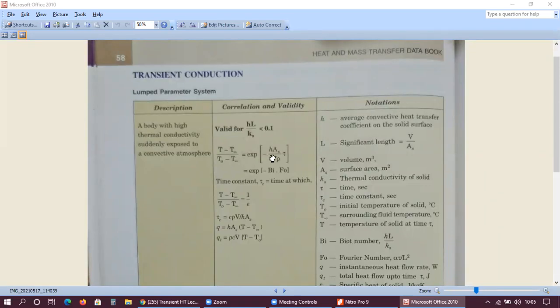So basically there is only one single derivation. This expression you are observing here is the first part of the derivation. Along with that, there are two more bits of derivation which I am going to derive today. Also, I have posted a video related to this in your previous class. So how we have obtained this expression for temperature distribution for lumped system analysis, that we have already done. I have given the link. Otherwise, I will share it today also for this temperature distribution.